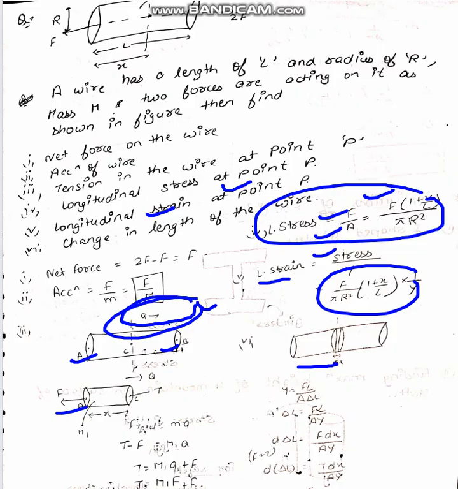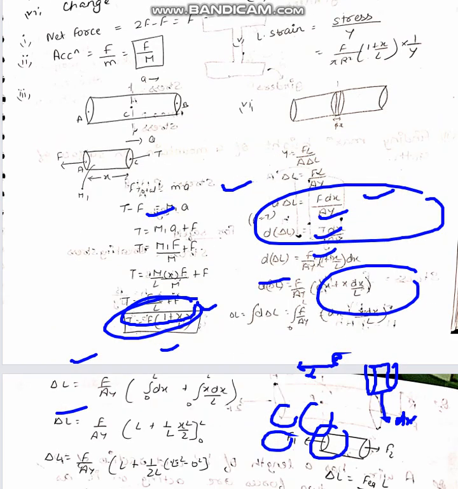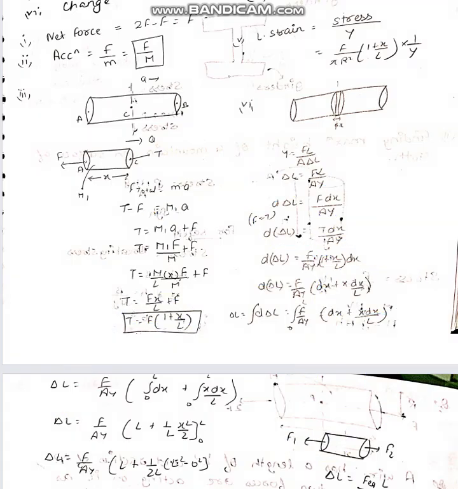Then consider a point at a distance x and a thickness of dx. So for this elemental wire of length dx, let us calculate the change in length. Delta L is this. So delta L comes out to be F dx upon AY. So if we calculate the elemental change in length, it is given by this much. Substituting tension, we get this much. Then integrating the expression, finally we get, after all the calculations,